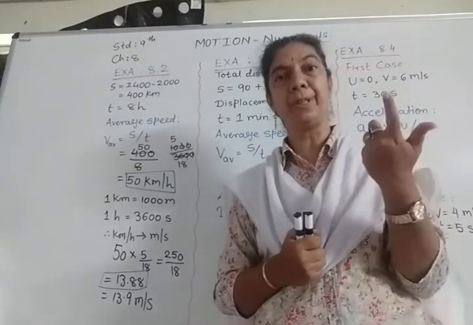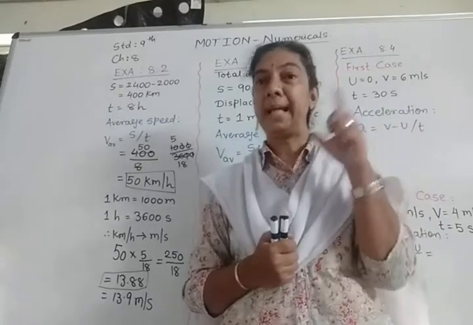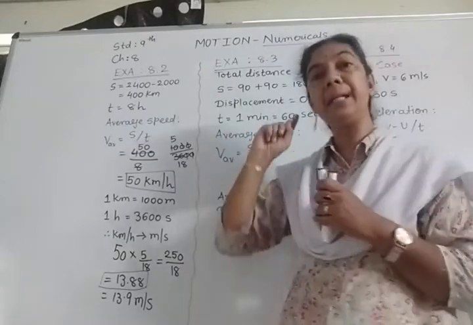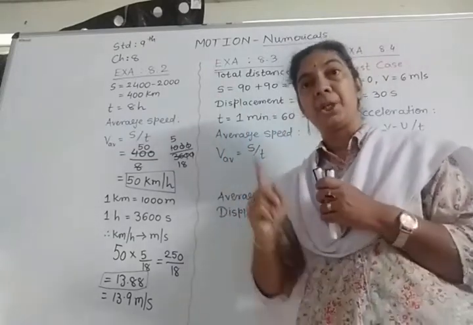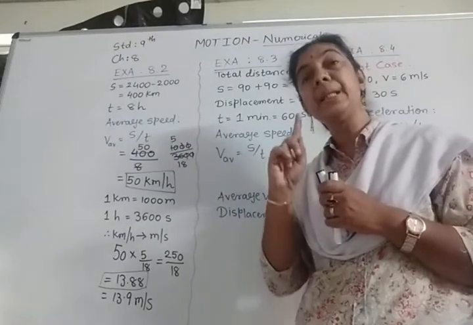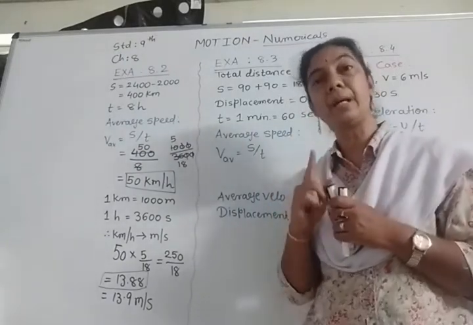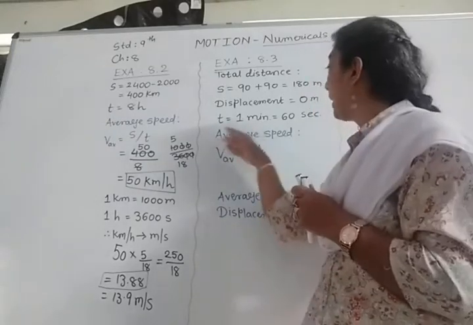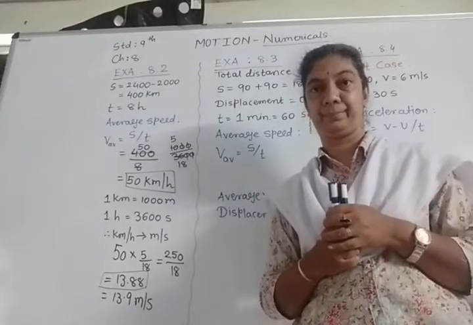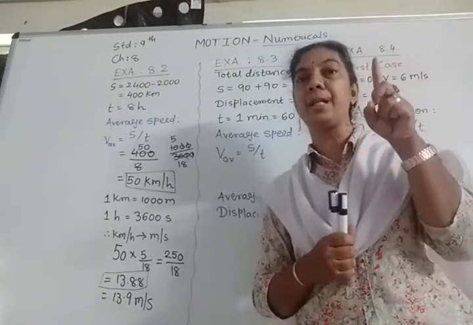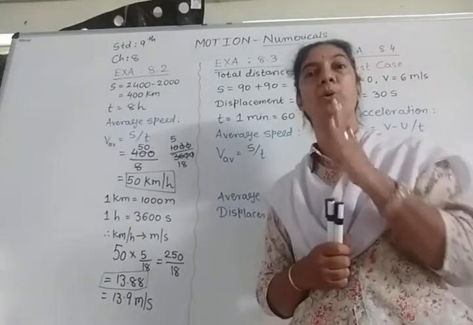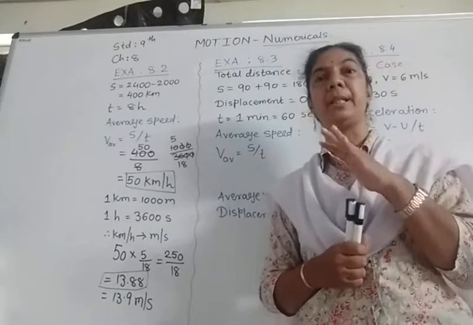So recall the first step, get the data. It is given that the pool is 90 meter long. She goes and comes back. In this case, we have to find out the average speed as well as average velocity. That means first we have to calculate the distance travelled by Usha and the displacement done by Usha.